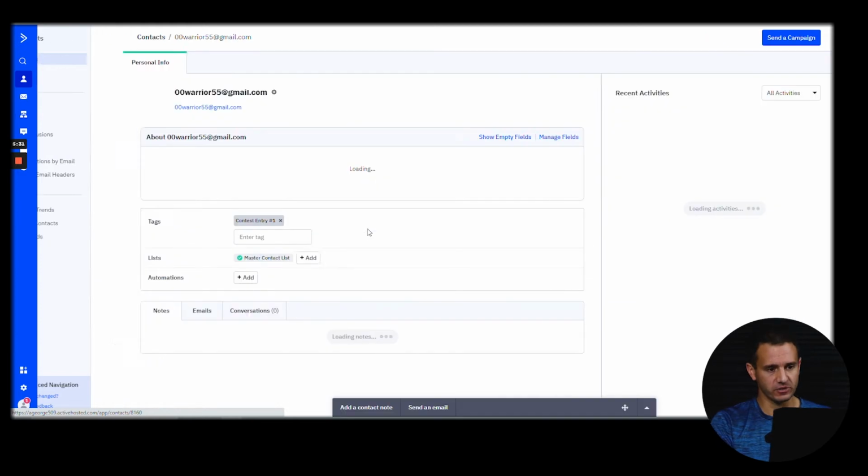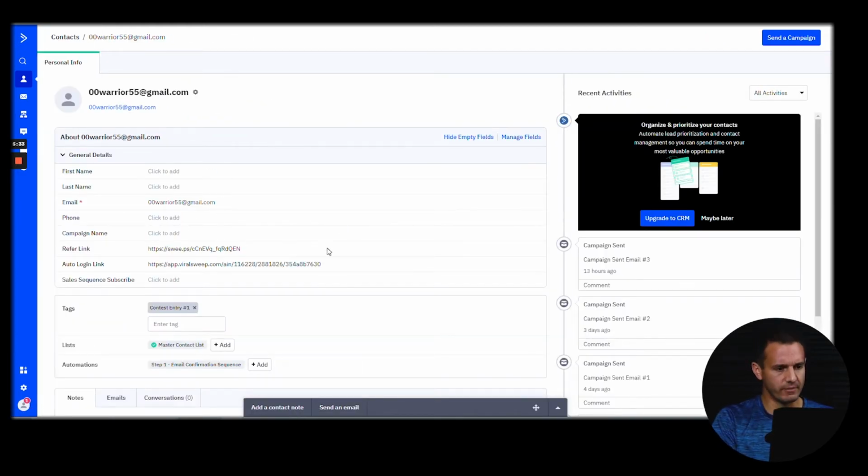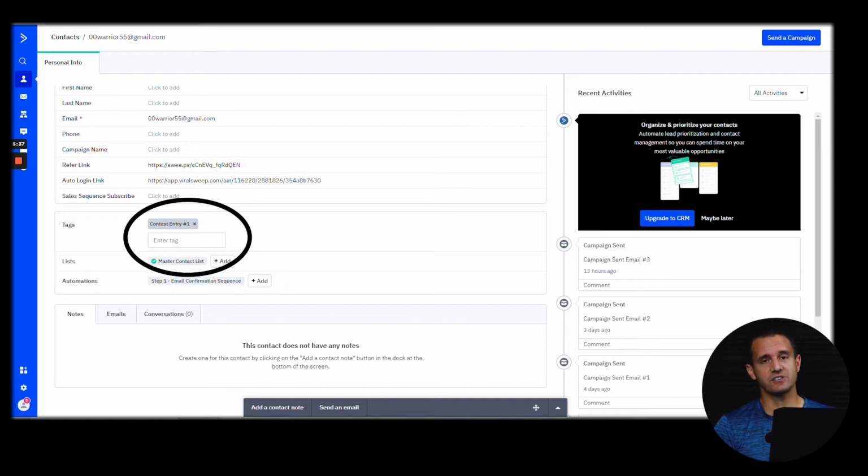So for example, if I click on this particular person here, you can see their email address, their tags, and tags are extremely important to understand. Think of them as like file folders. Basically, you don't just want a bunch of pieces of paper everywhere in your room, in your office. You want to have it organized, right? So tags is a really efficient way to keep organized exactly how a contact has associated with your list. Okay, so for example, if they came in through a contest, then you want to maybe tag them as a contest entry. Maybe they came in through a mini course. Maybe they came in through any sort of other opt-in method. Or maybe you manually import them through a previous list. However it is, you want to keep it organized through tags.